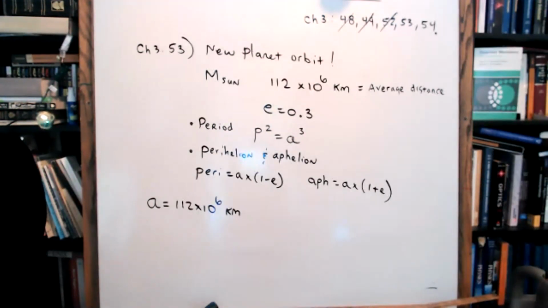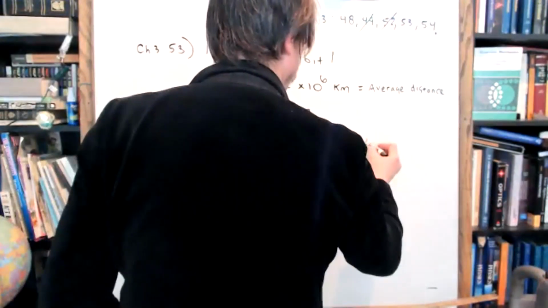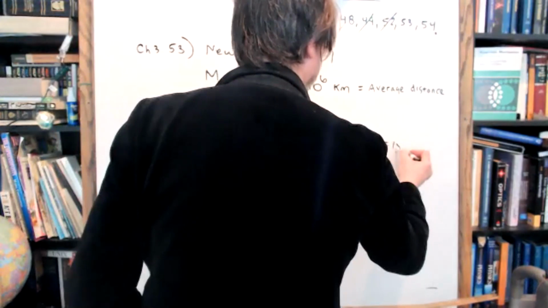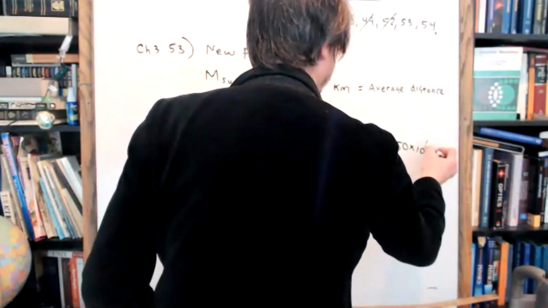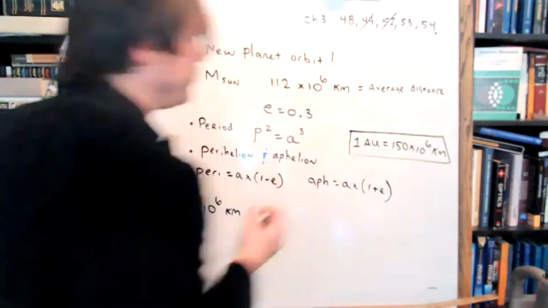I think I found it. Okay, sorry, I wasn't sure if he wanted to do it too. No, that's fine. I was looking for it, because I found that 1 AU is equal to 150 times 10 to the 6 kilometers. That sounds helpful. That's our conversion factor from kilometers to AU. We're definitely going to need that. Good job.